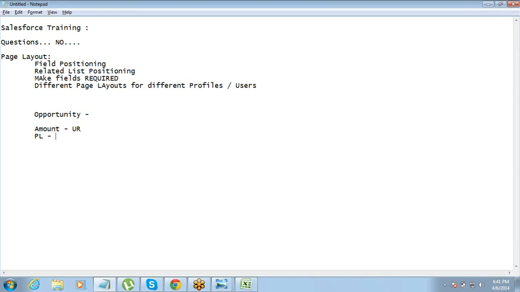Right, exactly. So page layout is just the interface. From the desktop, if you remove something from the desktop icon, that thing does not necessarily get deleted. It might be there at the back end, right? So page layout is just the interface. You have a question?